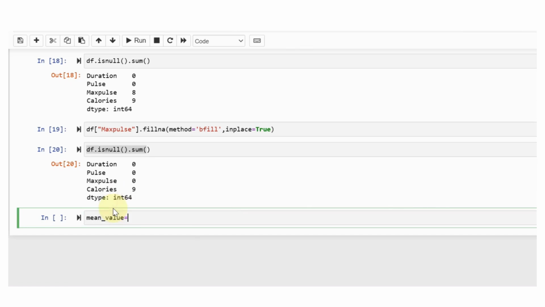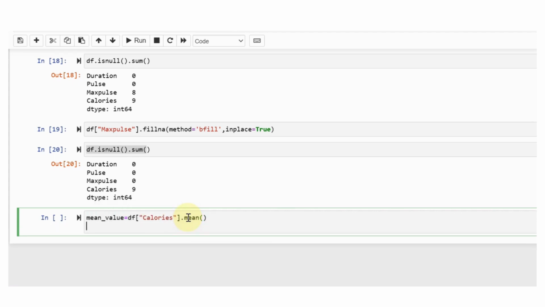Create a variable mean value equal to the column's mean. Pandas provides the mean function to calculate the mean. Now fillna with the mean value,